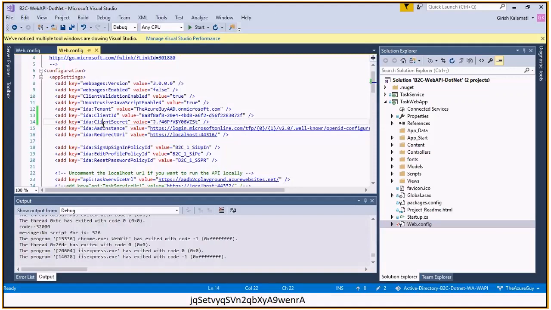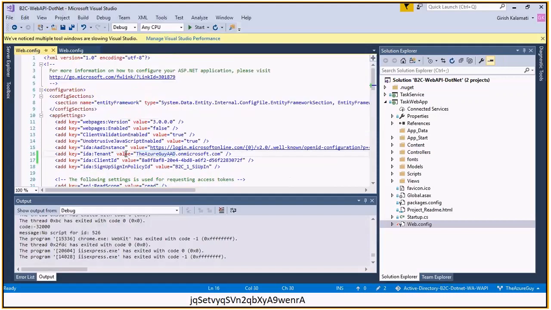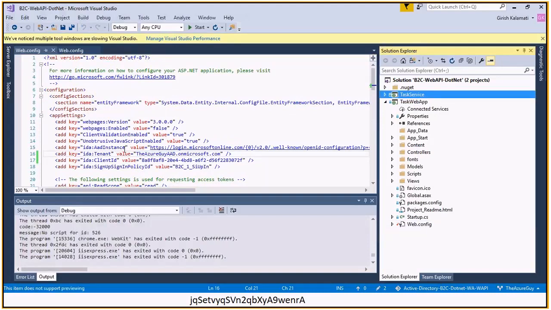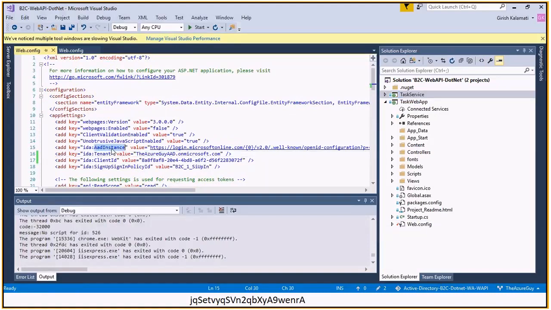Facebook, you need to have an identity, or a developer profile or developer subscription, with that particular Facebook or Google or something, but you are not mentioning any details about them. Rather, for the service also you need some details, like the OpenID URL, the tenant, client ID, and sign up policy ID. Okay, so this sign up sign in policy ID